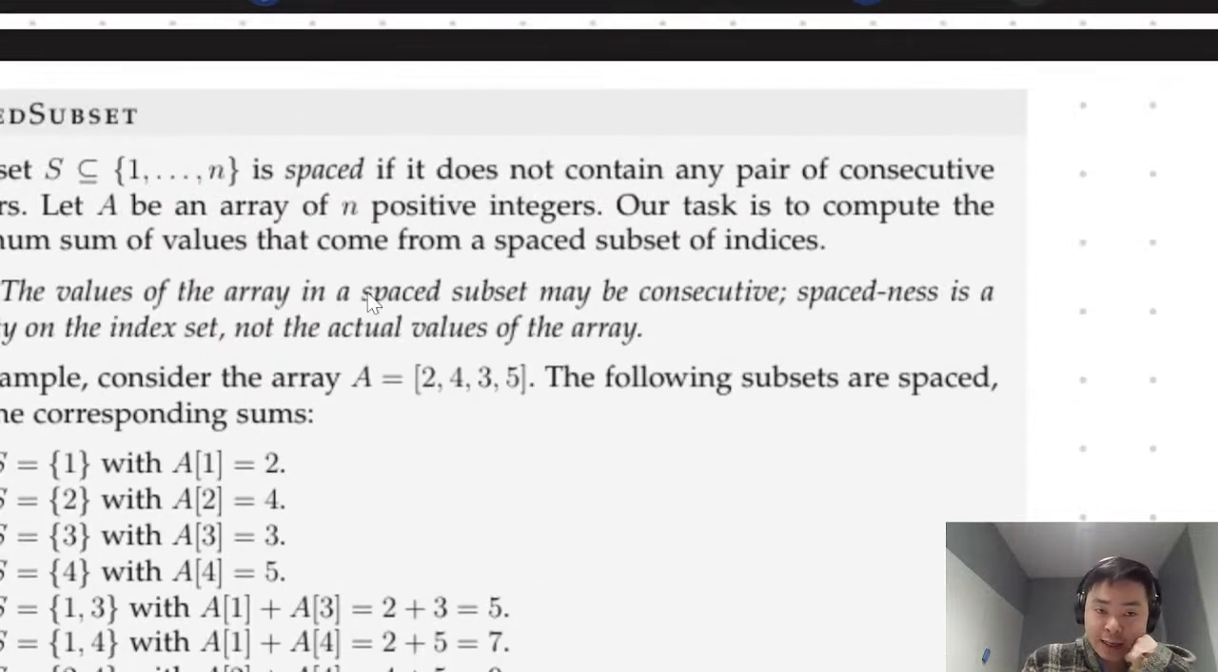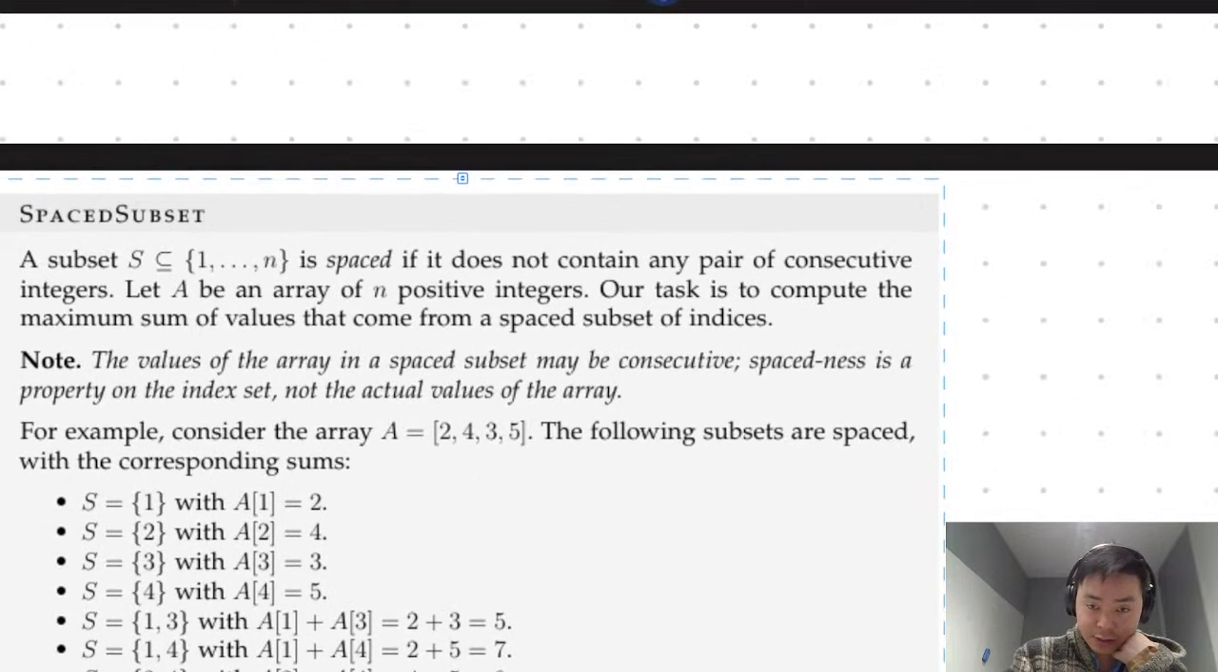Remember that the property of being spaced is on the index set and not on the actual values. For example, I could have 2 and 3. 2 and 3 themselves are consecutive, but the indices are not consecutive. So we only care about the consecutiveness of the indices rather than the actual value itself. Okay, so